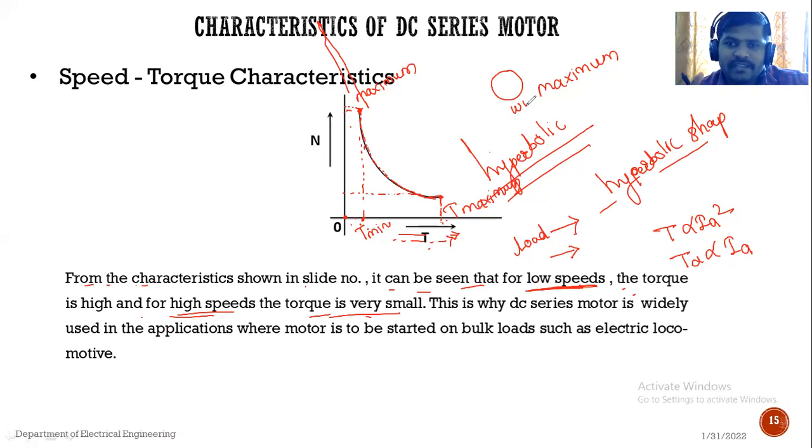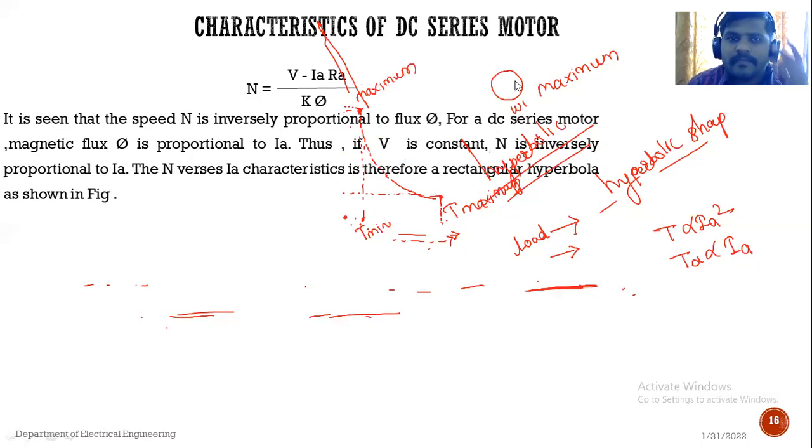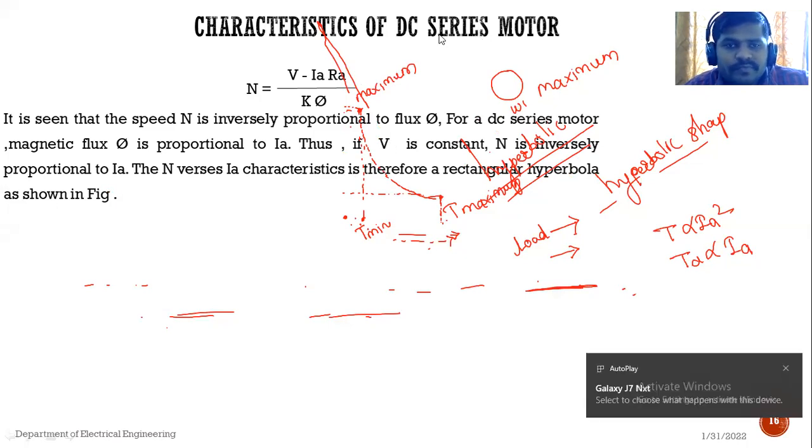One such application is the traction application, the traction locomotive, the electric locomotive or traction system. For train applications, we generally use the DC series motor. Okay, I think all of you got these characteristics. लक्षात आले का हे? Yes, sir. Okay, now